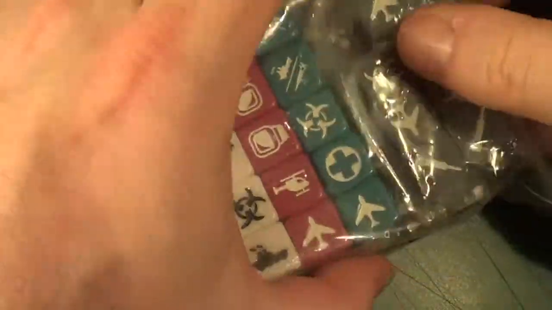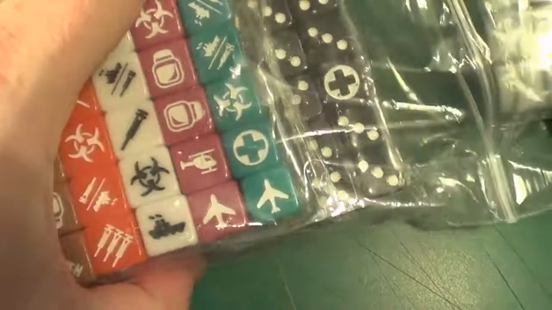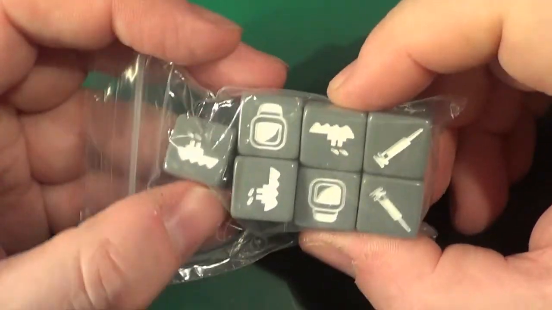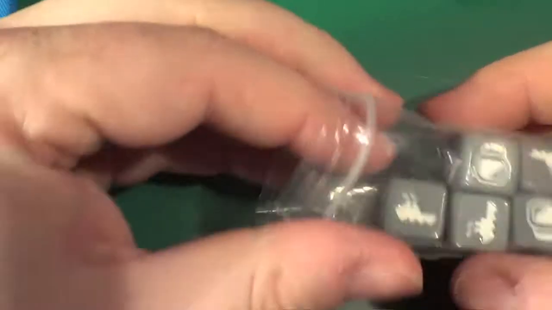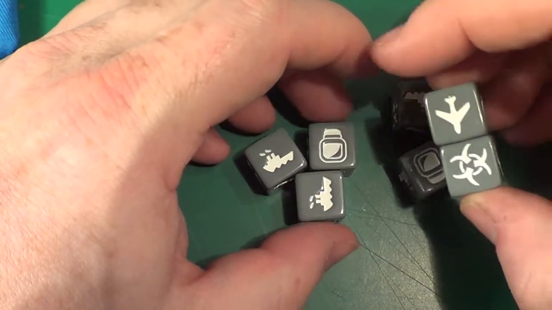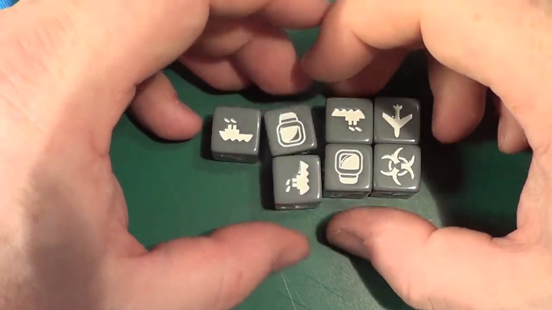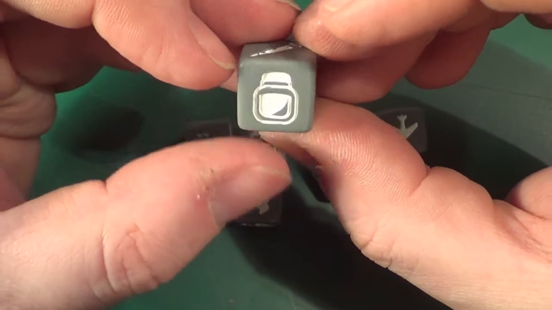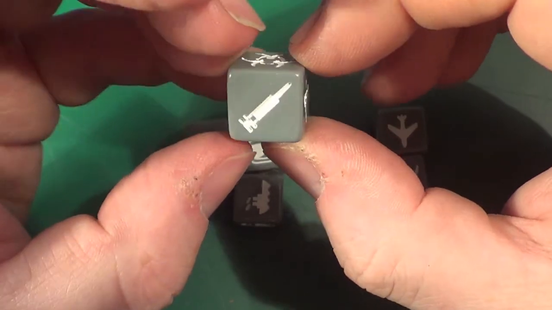But what we want to look at are the dice. We have a few dice, and we have these. These are the grey ones. I think they're all personalised, possibly, I don't know. Let's have a look at one of them. We have biohazard, we have 1 syringe, we have a jar, a ship, a syringe, a plane, another syringe,